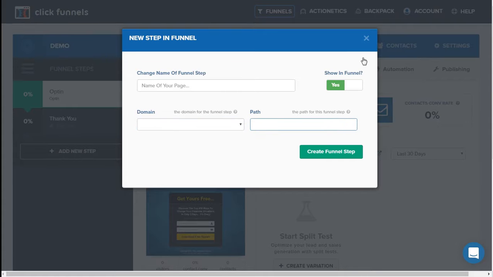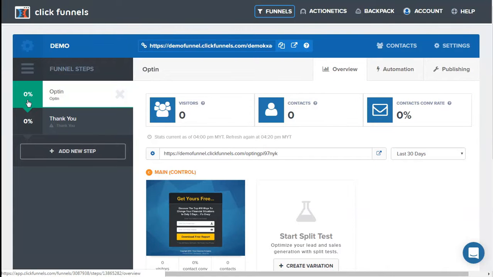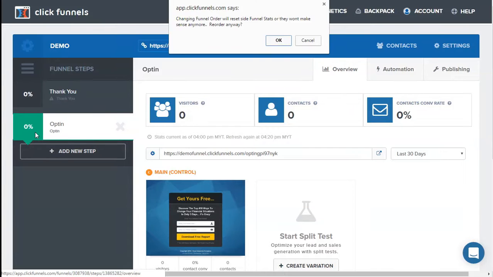In your funnel step, you can also change the order of the steps. So for example, I would want this step to appear after the thank you page. Then I can just drag it and drop it over here. There will be a pop-up saying changing the funnel order will reset the funnel stats and it won't make sense anymore. For this example, I just want to show you that you can drag the steps around, so I'm going